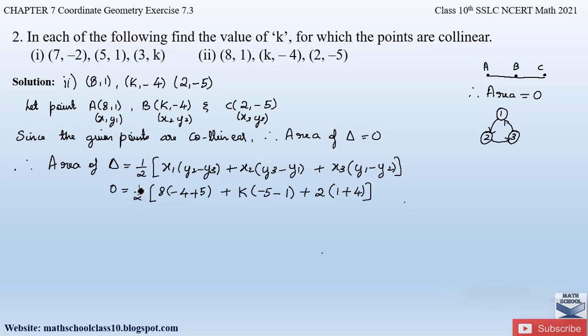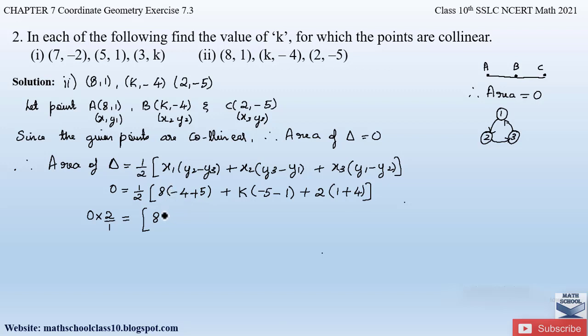So now let us send this 1 by 2 to left hand side. So this will become 0 into 2 by 1. The numerator and denominator interchanges when a fraction is sent to the other hand side. Equal to 8. Let us simplify. Minus 4 plus 5. So here we will subtract with a greater number sign. So 5 minus 4 is 1. And since 5 is a greater number, so plus sign will come here.